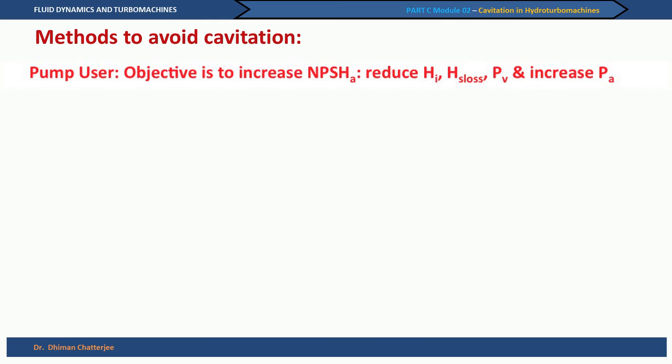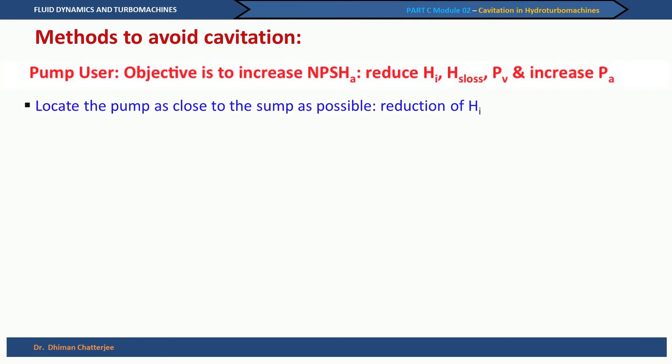Similarly, as a pump user, you can try to increase the NPSH available. When I say increase NPSH available, that means we should reduce HI, we should reduce HS loss, and we should also reduce vapor pressure, and if possible increase the sump pressure. So, we can locate the pump as close to the sump as possible. For example, we can bring the pump as close to the sump surface,